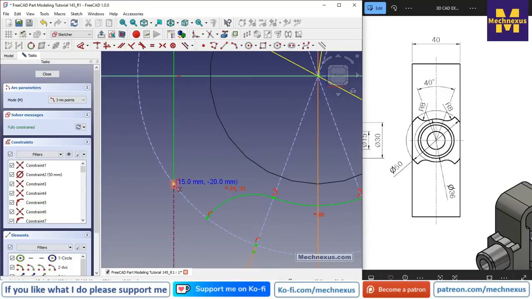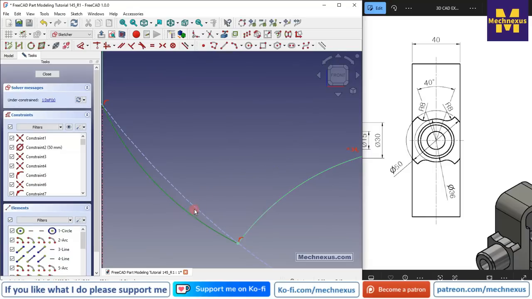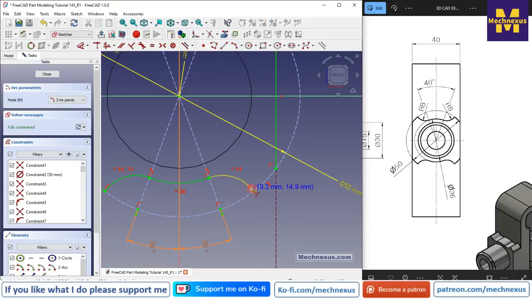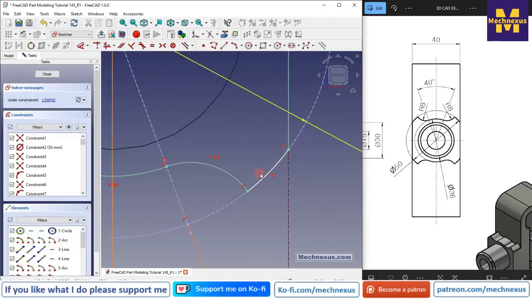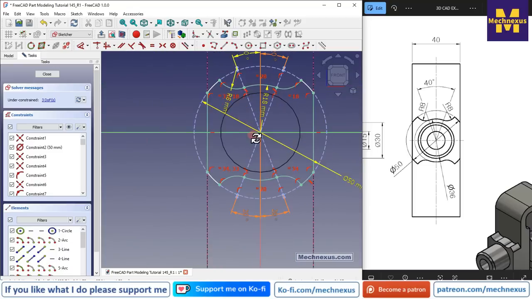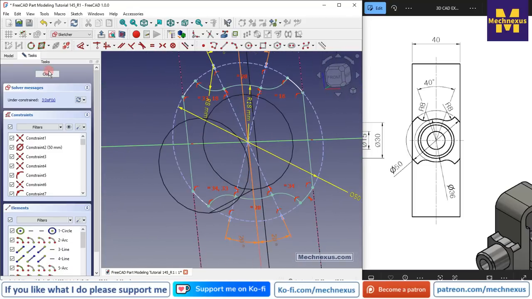Select the 3-point arc and provide the tangency. Similarly on this side, select it, and here let's make it a tangent. Select this and this and add a tangent. So you can see that our sketch is fully constrained, and now we will close it,